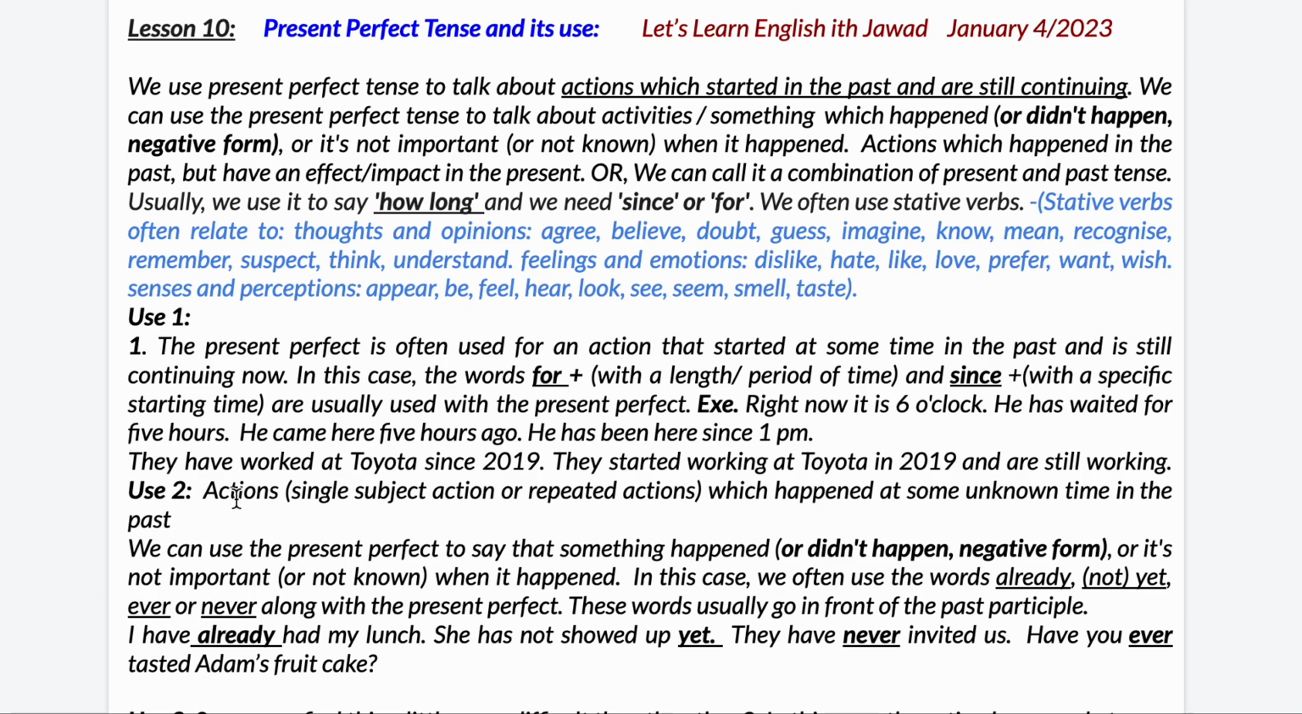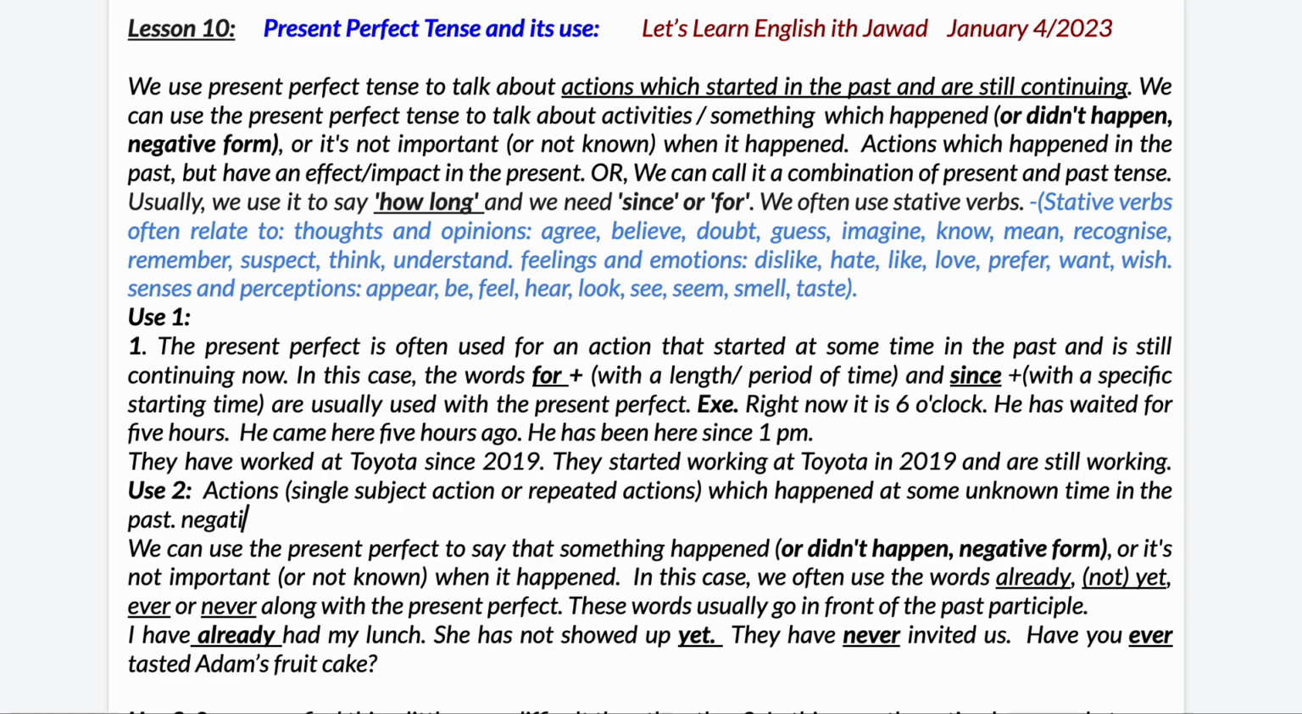So use number 2: single actions or repeated actions which happen at some unknown time in the past. We discussed here that we talk about something that started in the past or happened in the past at an unknown time. That's exactly the second use we're going to elaborate on. We can use the present perfect to say that something happened or didn't happen. So when we talk about the negative form,